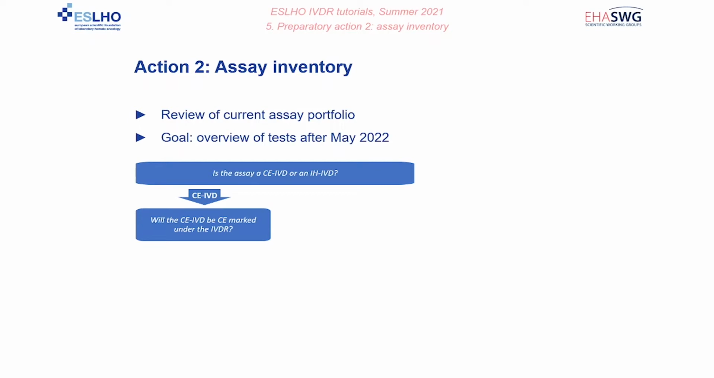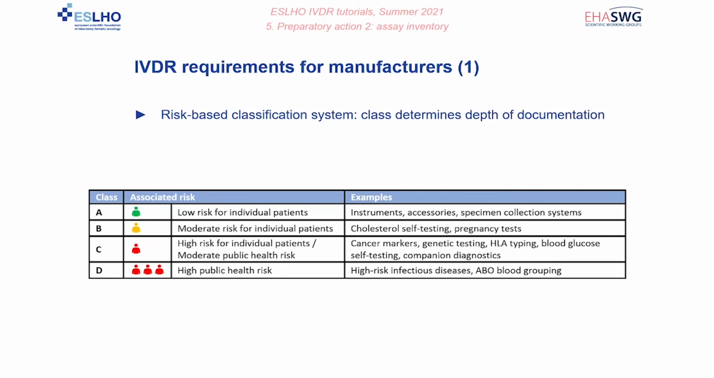Most of these requirements also apply to in-house devices, so knowledge of these requirements will also be relevant for those devices. So, let's have a look at some of the most important requirements for manufacturers. The first one is the risk-based classification system. The system that is used under the IVDR is shown in the table. There will be 4 classes, Class A to Class D. Class A is the lowest risk class, low risk for individual patients, and Class D is the highest risk class,